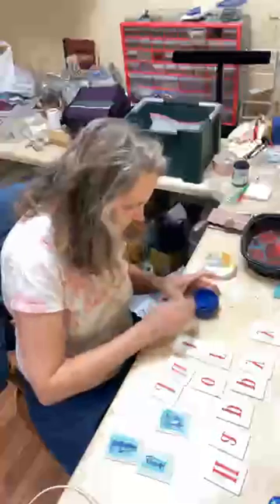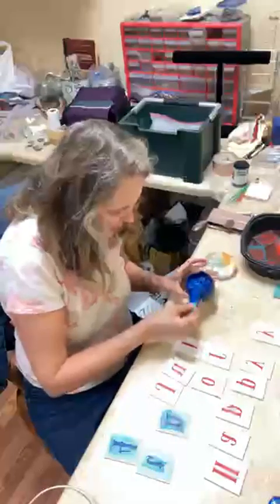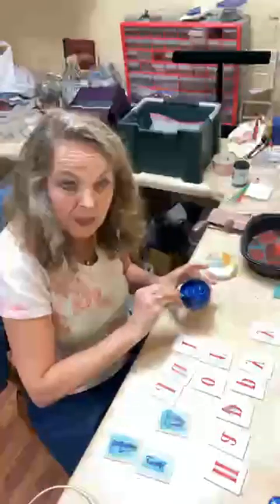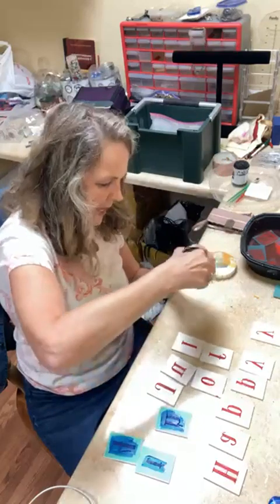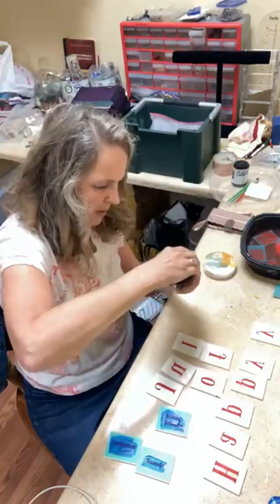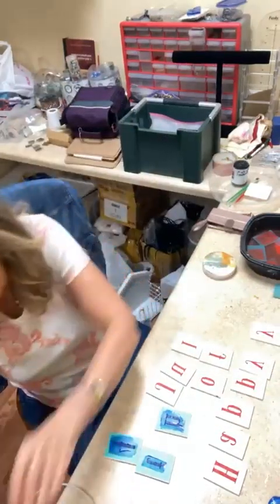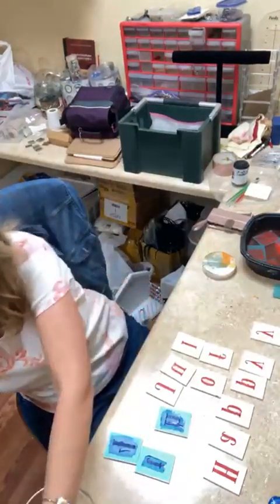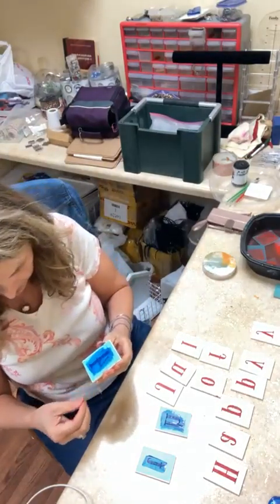Oh, and then I had another thought. The cheetah print, I'm going to try to put that on a shirt. There's a cheetah print, like a textured cheetah, which I love. That's very cool. So now I'm done with this back up. And like I said, my paint stayed really moist, so that's really good. And then I just do that little spritz of distilled water, and I gotta tell you, that makes all the difference. So I'm just going to wipe my hands off here, and then I'm going to peel these little squares off of